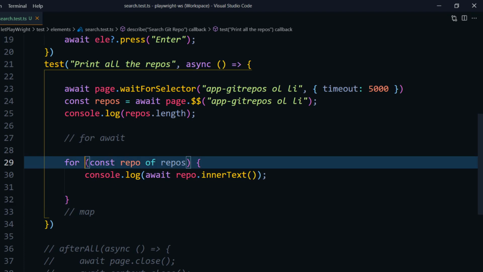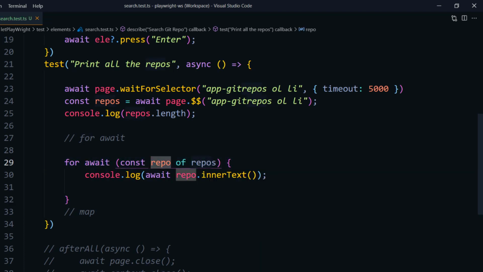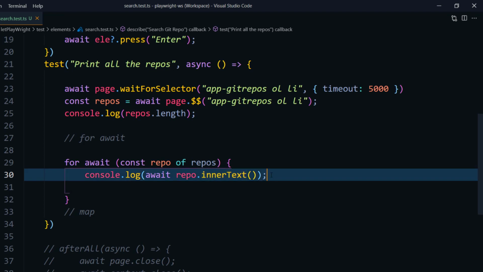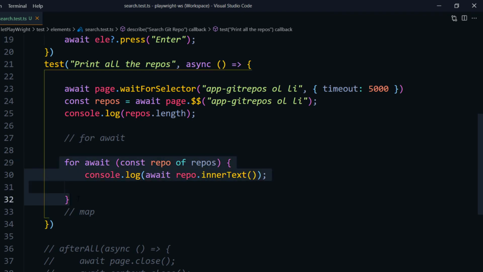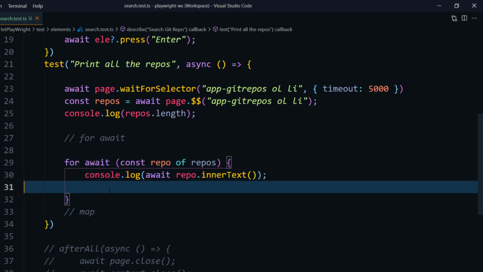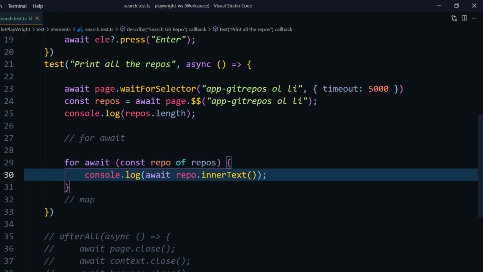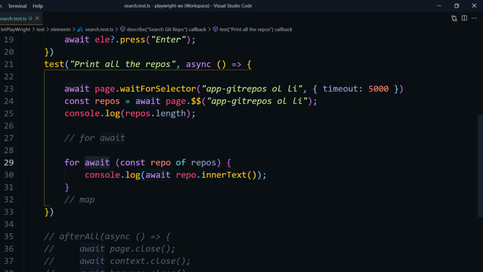So for that, here we can say await. That means if you have 30 elements, it will take one element at a time and try to print the text. Let's assume that resolving the promise takes like 10 milliseconds, and within those 10 milliseconds the for loop would run very fast. But we have to make sure that the for loop runs one by one after resolving the promises. So for that we are using this for await.